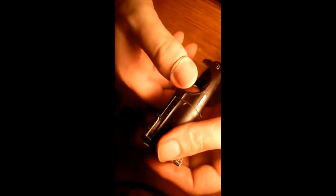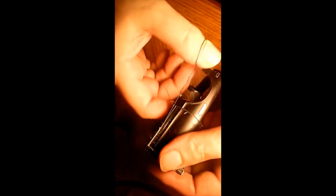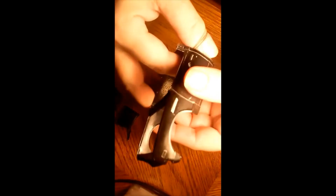So anyway, we got the string method. I'm going to cut the doors off of this. Here's the plan: suicide doors, chop top, flip nose front end. On this particular cab, it wasn't cut off. On some of these Datsuns, the cab is cut off in some versions, but on this particular one, it's not. The front end is actually part of the cab, so you have to cut it off yourself and hinge it yourself, which is fine because that was all in the plan anyway. So flip nose front end, suicide doors, chop top,